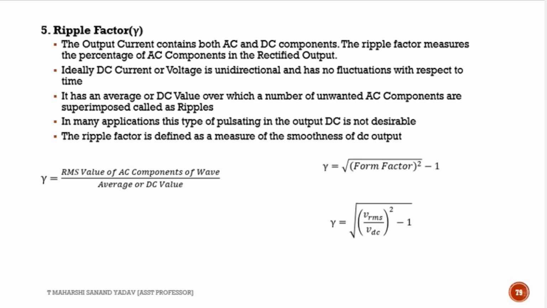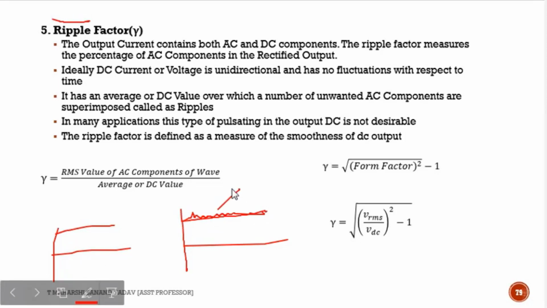Next, ripple factor. First, before going to this, can anyone tell me the meaning of ripple? What is ripple? See, generally what you know, this is DC, right? It will be something constant. Suppose on this DC, if there are small fluctuations like this, we call it the ripple. Is it pure or is it in pulsating nature? Pulsating. That's it. It is pulsating DC. Why? Because there are small ripples.